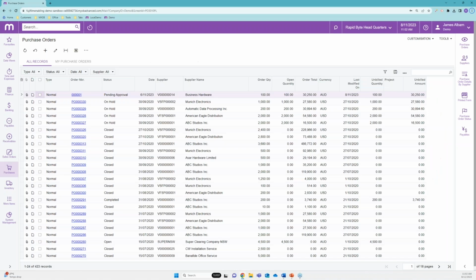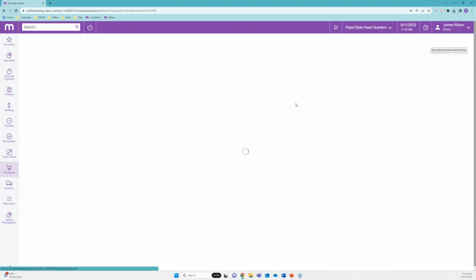So here I've got my demo site. Okay, and we're going to start off with the delegation and reassignment of approvals. So here we have a standard purchase order, and we want to initiate now an approval process on that. So when I look at my approval map for my purchase orders,